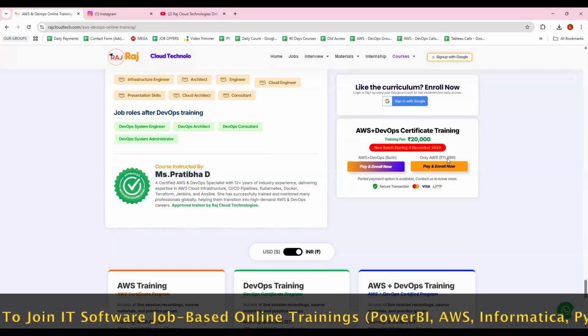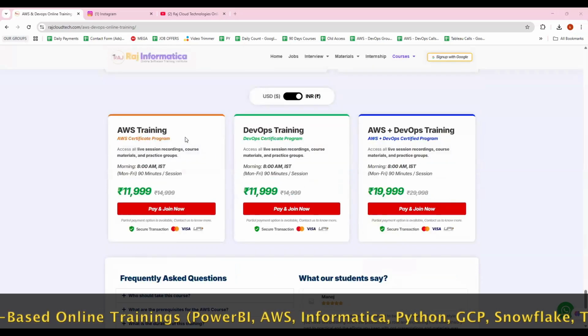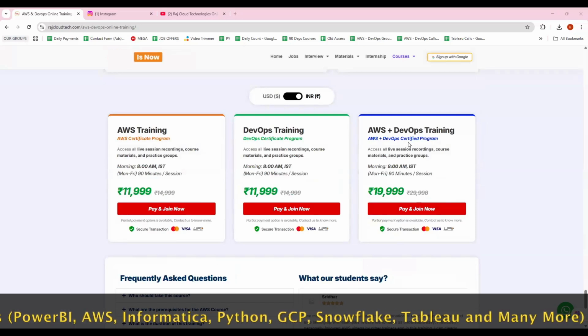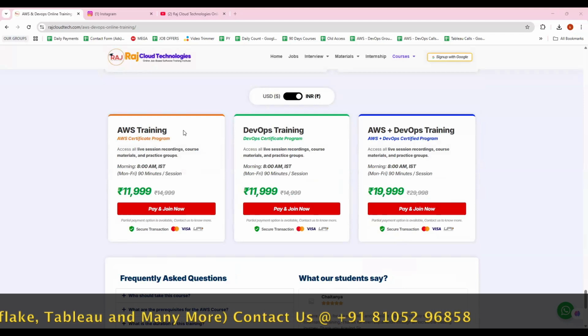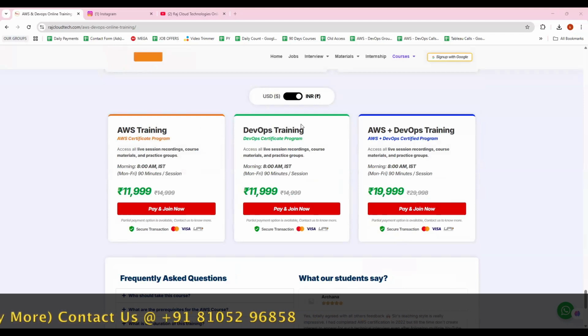Coming to the courses, we have three different categories. If you want to train only on AWS, you can go for it. If you want to train only on DevOps, you can go for it.